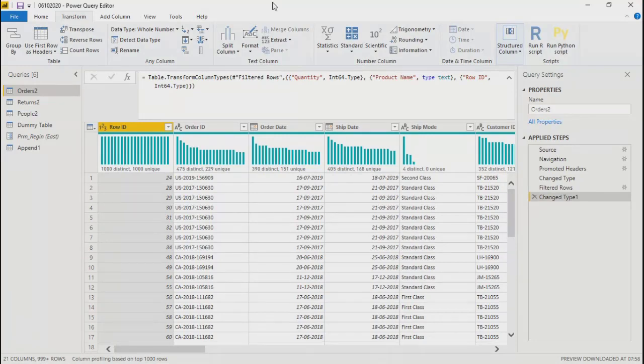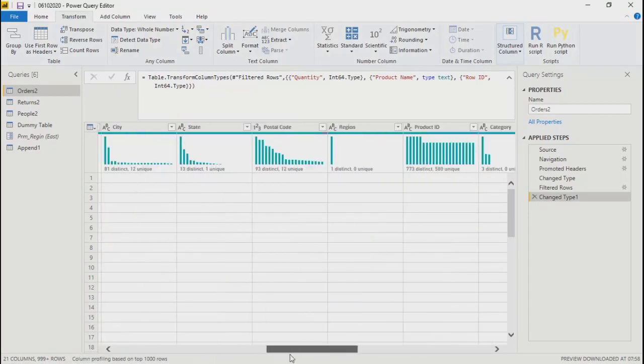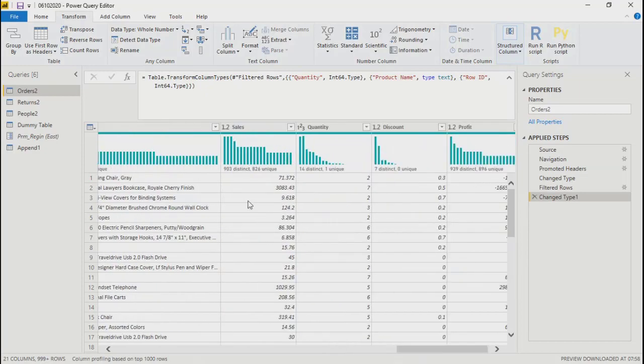So over here, like row ID or employee ID, if you represent that in the form of a numerical field, then it will be discrete. But otherwise, it's better to show it in text format because you are never going to do a calculation using these fields. But fields like sales, profit, or discount are in decimal, are continuous, and you will be mostly using these fields only in calculations.